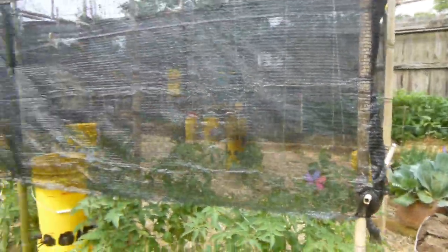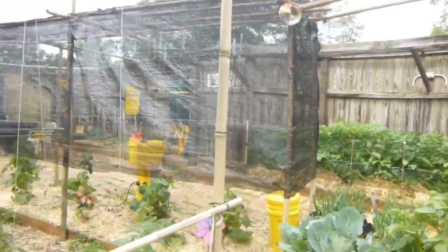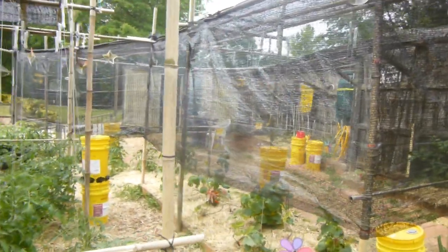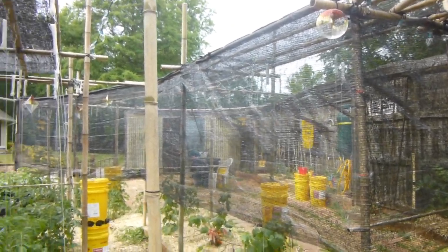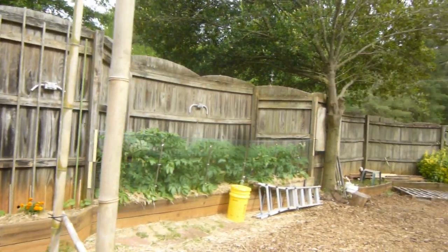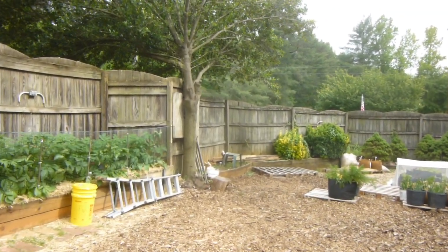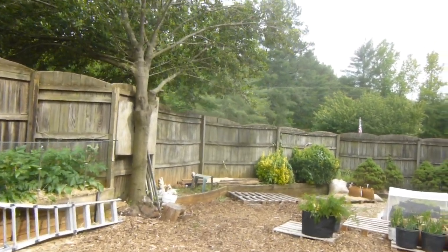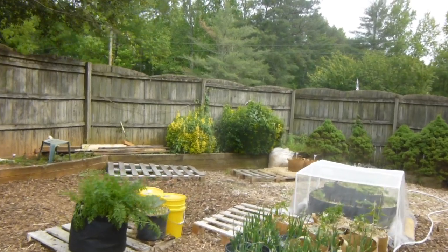And I've done this to all my beds, my potato beds, tomato beds. And I'm seeing big results of that too. The plants aren't wilting, and they even got a covering over the top of them too. And that's just enough to diffuse it, so that it's still getting sunlight, but it's doing its job. And I'm going to go down real quick before I run out of juice, to try to catch up. I want to show you how these